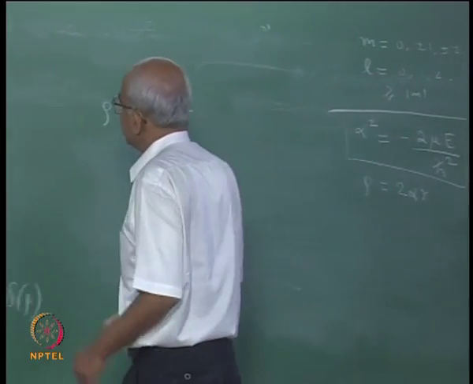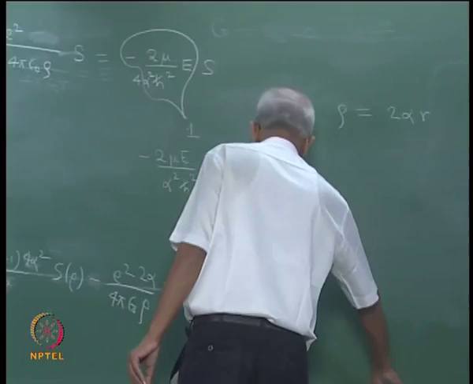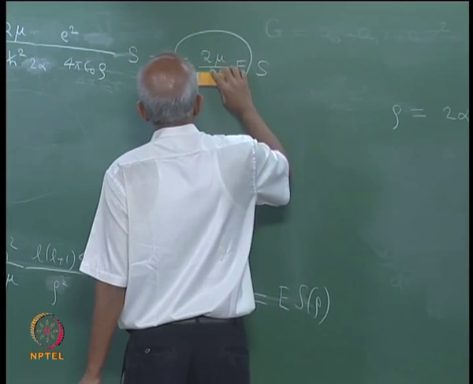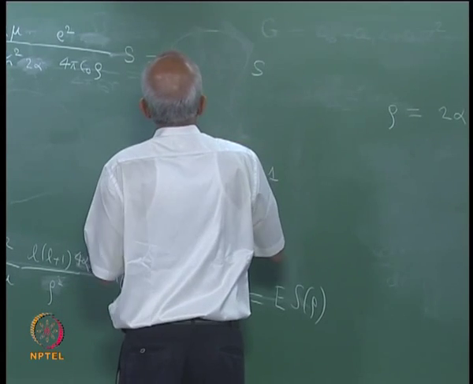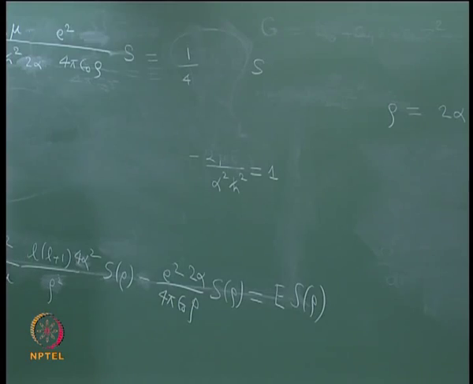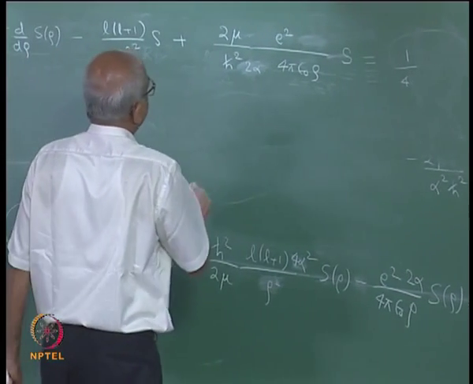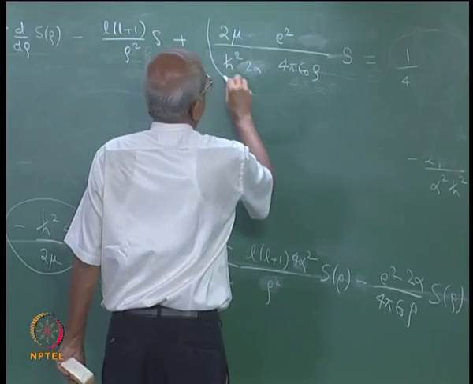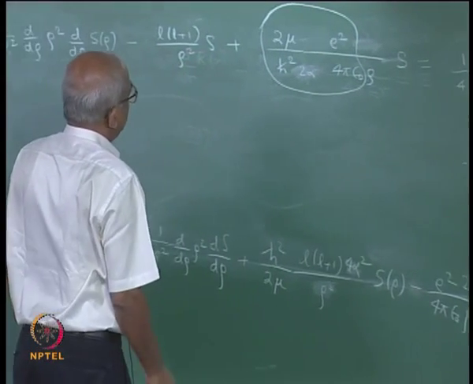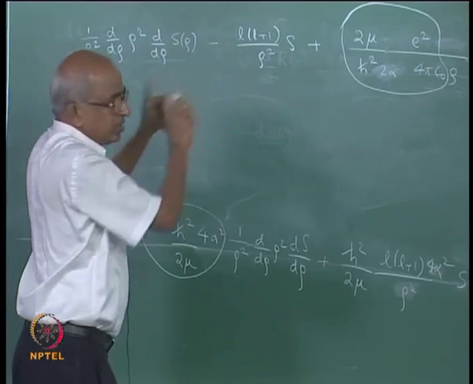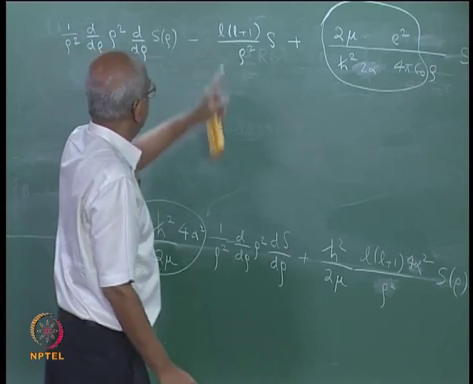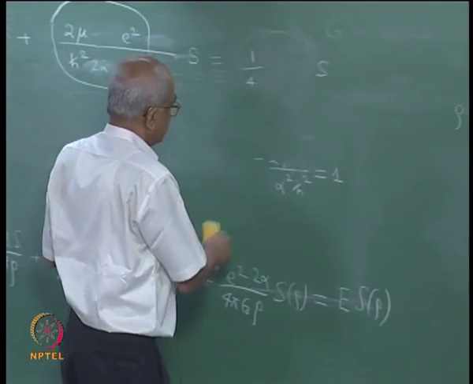So, with this what will happen to the equation? If this is equal to 1, I hope I have not made any mistakes, and this will be equal to 1. So, I will have a 1 by 4 here, and if I look at the right hand side, what is going to happen? I have all these constants, but the constants are occurring only in one part, they are not occurring anywhere else, except of course L into L plus 1, but L is a quantum number which can take different values.